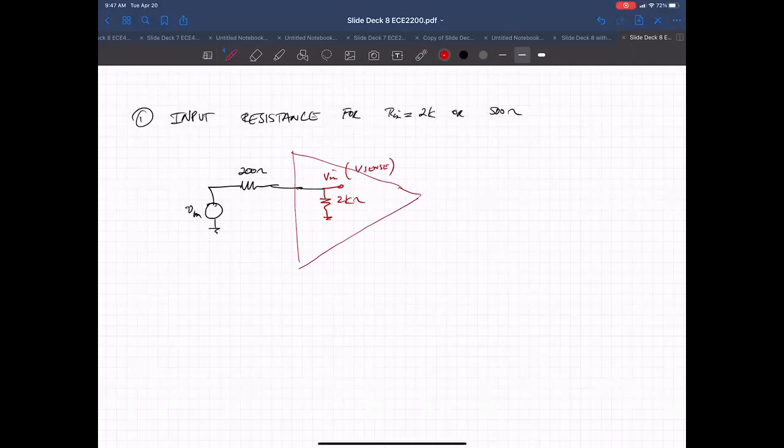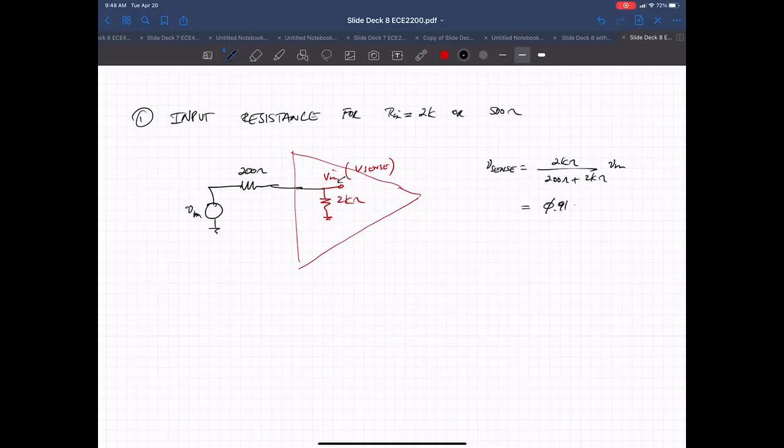That's where you're sensing your input voltage and amplifying it. It ends up being a resistive divider here, as you can see, because you have this 2K ohm and this 200 ohm. In this case, your V-sense, or your real input to your amplifier, is 2K ohm over 200 ohm plus 2K ohm times the microphone output,